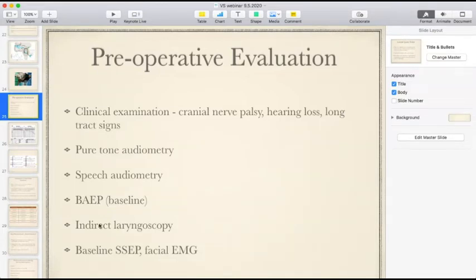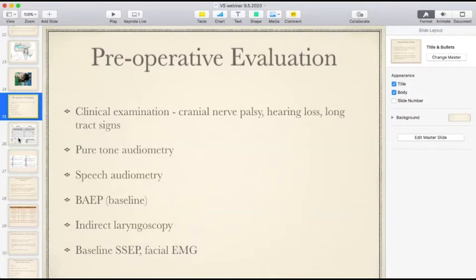Indirect laryngoscopy is an optional investigation if there is doubt that there is already lower cranial nerve palsy prior to surgery. Indirect laryngoscopy may be done to document loss of function. Baseline SSEP and facial EMGs may be done so that we can compare them with the responses we get during